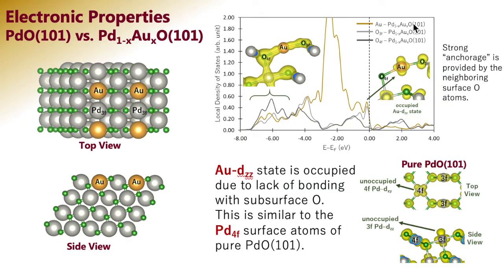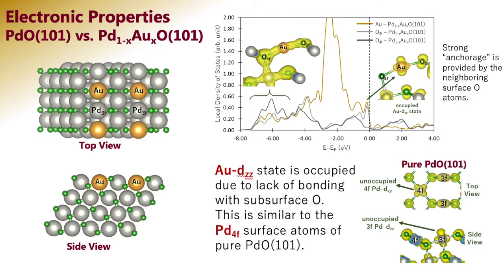Now I show in this figure the d states of gold and the sp states of the oxygen 3F and oxygen 4F atoms of the palladium gold oxide alloy. The inset figures show the partial charge density plots projected on the energy range bound by the bracket, or at the peak shown by the arrow. At the low energy range far from the Fermi level, a strong hybridization between the gold d and oxygen sp states is noted, suggesting a strong anchorage of the gold atom on the surface provided by its neighboring oxygen 4F